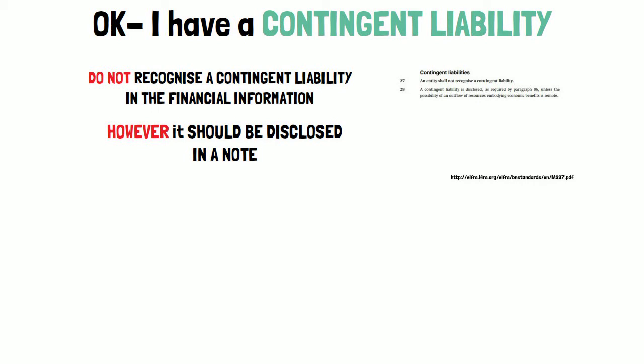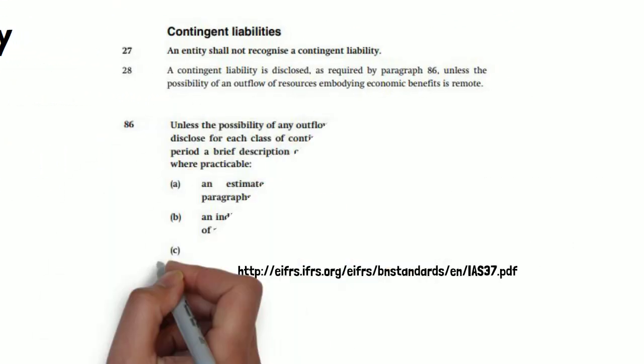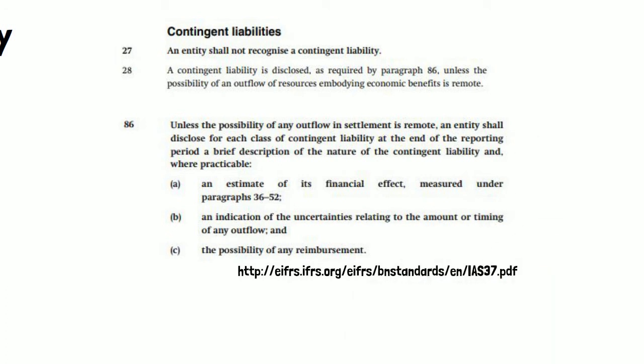So what needs to be disclosed? Well, for this we have to go into paragraph 86 of IAS 37, and paragraph 86 says, unless the possibility of any outflow in settlement is remote, an entity shall disclose for each class of contingent liability at the end of its reporting period a brief description of the nature of the contingent liability and, where practicable, an estimate of its financial effect, an indication of the uncertainties relating to the amount or timing of any outflow, and the possibility